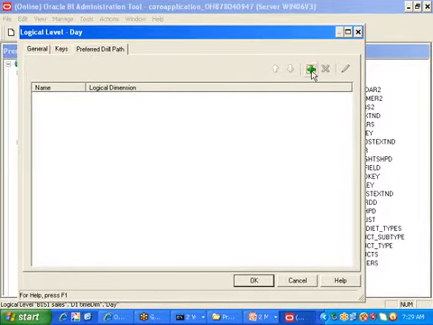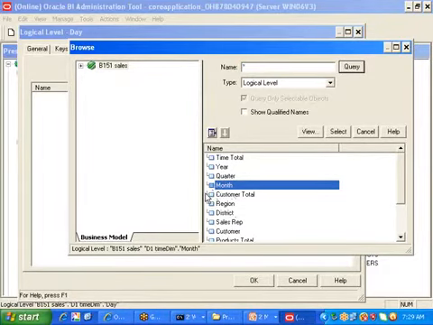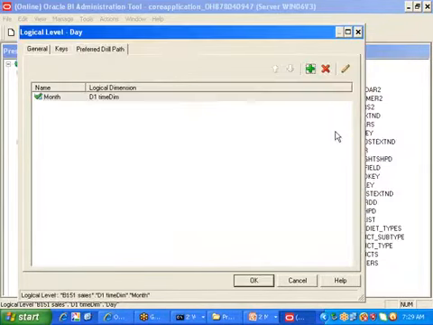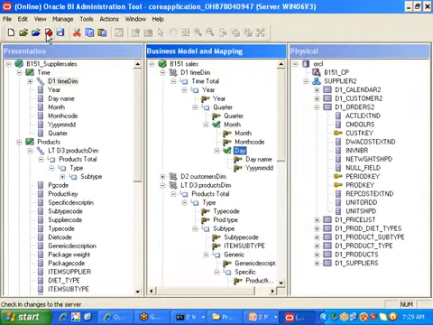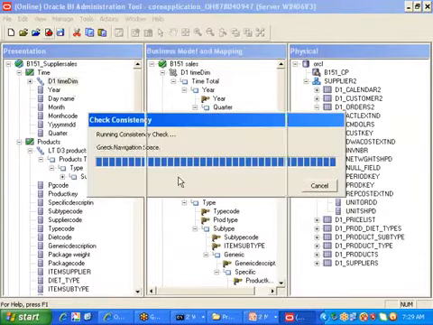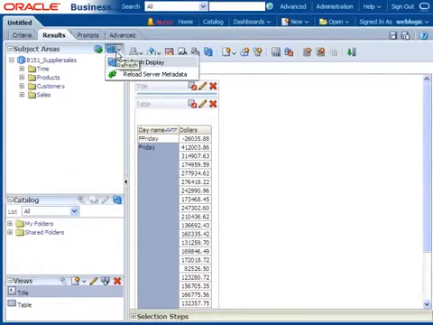So you can go and add here. Click on add. Then what level do you want to move to? Month means month, region means region, district means district. Whatever level you want, you can select that level. Let us say I want to move to month level. Select month. Click on select. Click on OK. Now, check in changes. Click yes. Click OK.